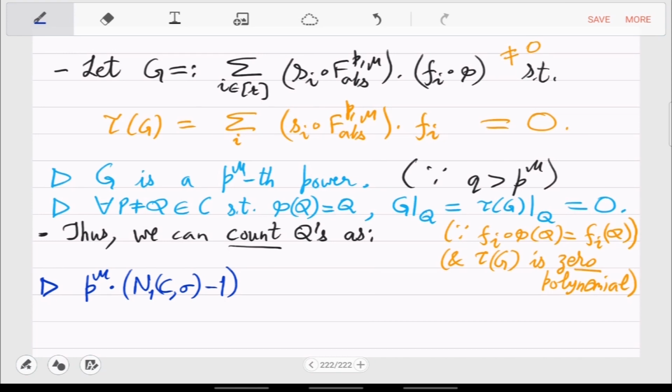So I don't want to take P, but for all other Q's G vanishes. So that's N1 minus 1, plus G is a p raised to mu power. So we have a saving there, right? So it's actually p raised to mu times this, that is less than or equal to degree of the zero part of this principal divisor,